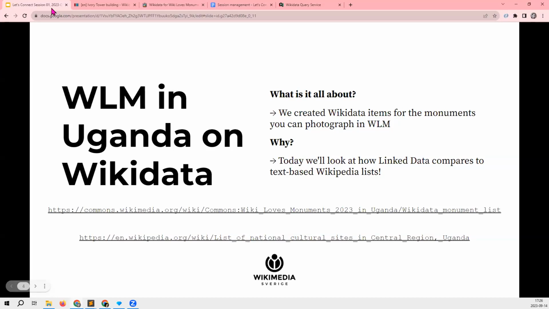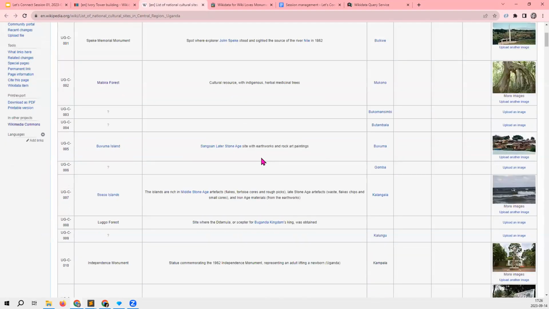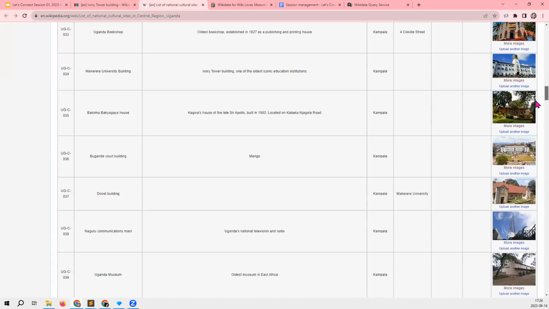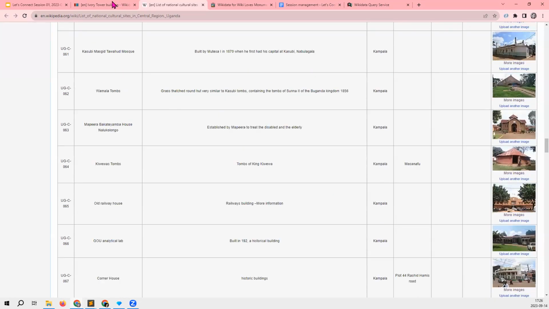But also one project that we did earlier this year together with Wikimedia user group in Uganda was to add the list that Uganda had, and this is something that Alicia will explore a bit more in detail later on. We gave them support so that they could go from having Wikipedia lists to a Wiki Loves Monuments campaign running through Wikidata on Wikimedia Commons.